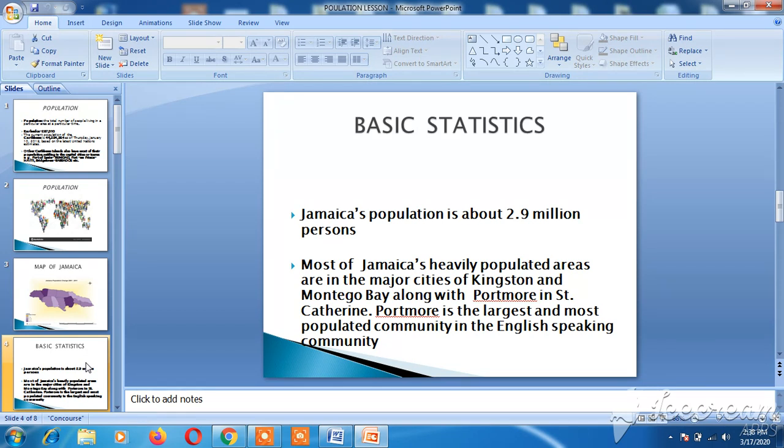Now, most of Jamaica's heavily populated areas, as you saw on the map earlier, are located in the major cities of Kingston and Montego Bay, along with Portmore in St. Catherine. And quite a number of